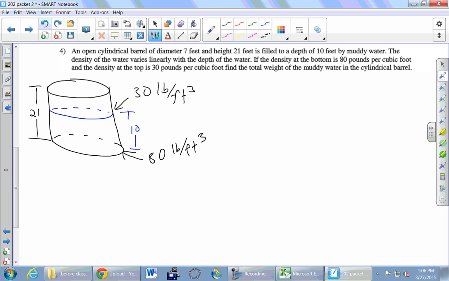I mean, I suppose you could slice at different angles and things, but the typical ways to slice are vertical and horizontal. In which one of those slices does all the water have approximately the same density? Horizontal, right? If you slice vertically, the stuff at the top is very different than the stuff at the bottom, but if you slice horizontally, as long as it's not very thick, then the stuff at the top of your slice isn't that different from the stuff at the bottom of your slice.